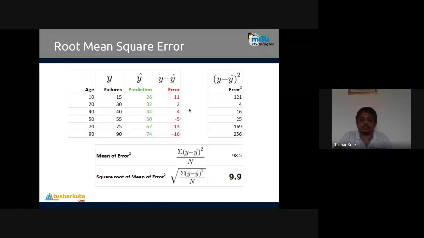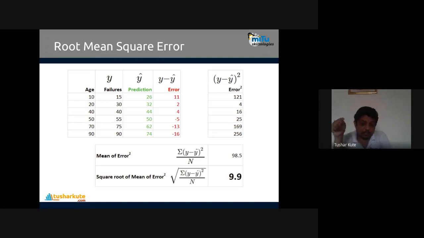Now to calculate this, we can identify this. This is the error we calculated, and now the difference in the error, that is the squared error. We are not using absolute value here because if you square a negative number, it will become positive. That's why absolute values are not taken. Correct. If you do the square, then the mean of that error is adding them all together and dividing by the total number. So 98.5 will be there, the mean of the squared error. And then root mean squared error is the square root of it, 9.9, which is the error present in the output.